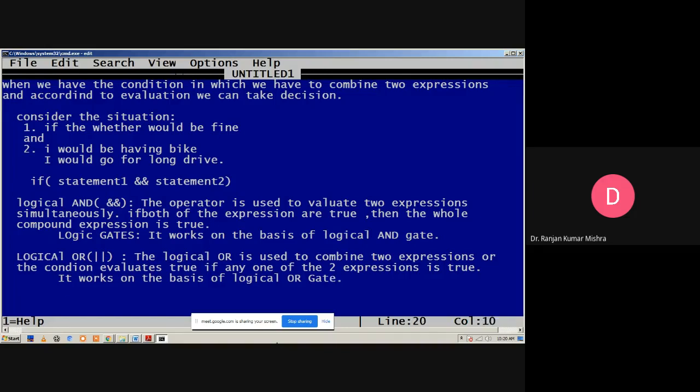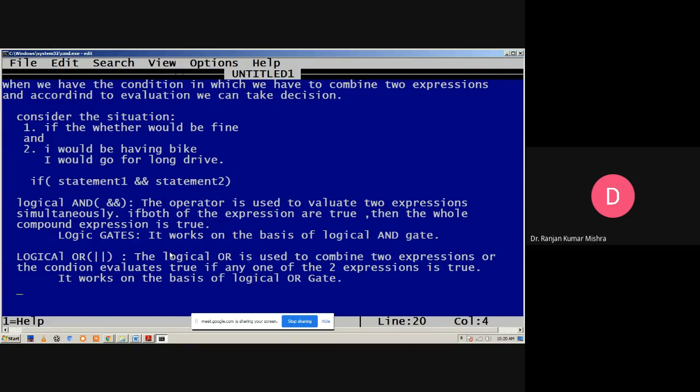Okay, so basically this is the logical OR, in which suppose it combines two expressions, that means both of the conditions must be true or either of the conditions may be true. So basically it is a logical OR operator.